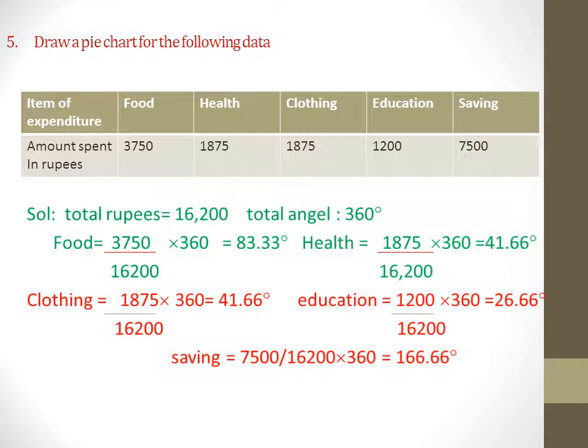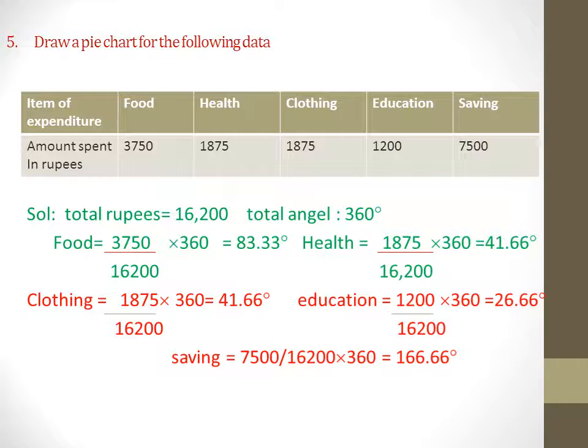So we are finding which angle is suitable for 3750 in the pie chart. 3750 by 16,200 into 360, you are getting 83.33. Next, health also: 1875 by 16,200 into 360, you are getting 41.66. Next, clothing also same expenditure, 41.66. Education: 1200 by 16,200 into 360, you are getting 26.66. Saving also: 7,500 by 16,200 into 360,